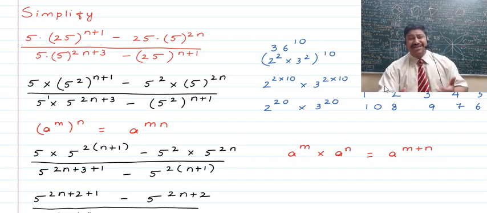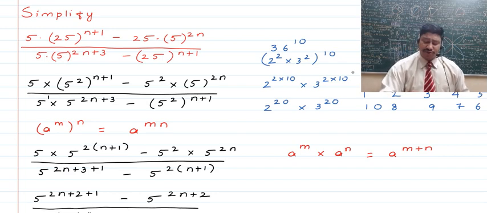So either we can take common such numbers which have some powers of 2, or we can cancel off if we have in division some powers of 2 or some powers of 3. So doing that becomes very simple. So if we have some number which is raised to a power, then that number has to be written in terms of the product of some powers of prime numbers, right? So this is what we've done here.